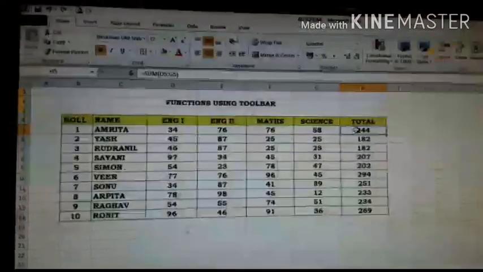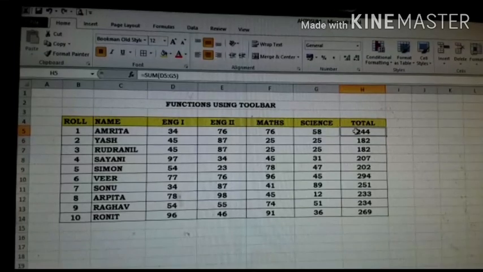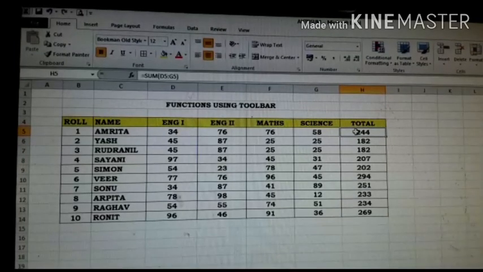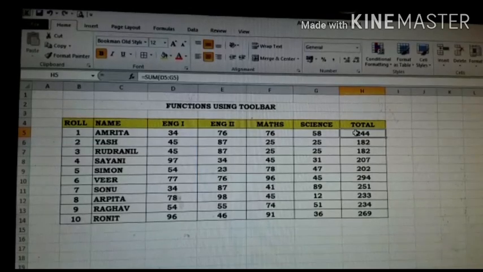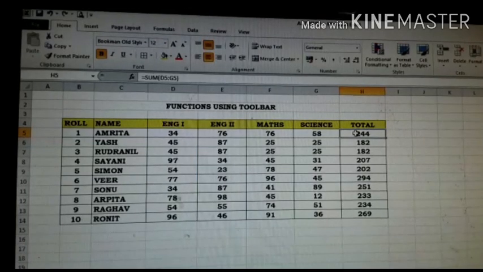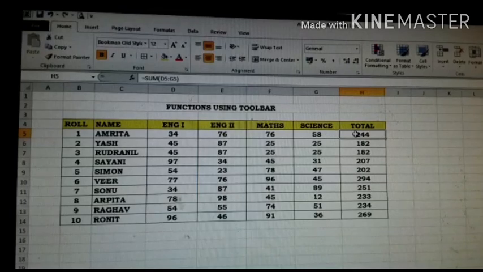Okay. Next, we will talk about mixed reference. Mixed referencing is a combination of relative referencing and absolute referencing. Here, either the column name or the row number of a cell address is preceded by a dollar sign.